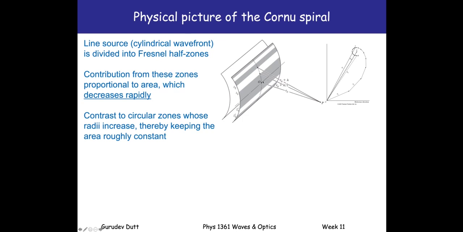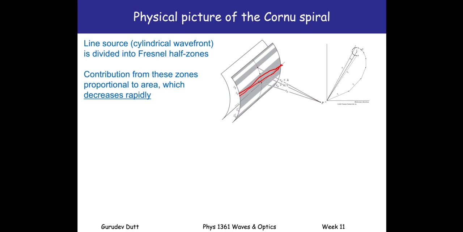If I now divide up each of these subzones, so for example, if I took a smaller zone within this, just as I did with the circular case, if I divide this up into n little strips that go across like that, each of these n little strips is now going to contribute a phasor, which is shown here on the right hand side. And again, the phasor is going to be less as it changes its angle because of the obliquity factor, and it's going to get smaller much quicker than in the case of the spherical or